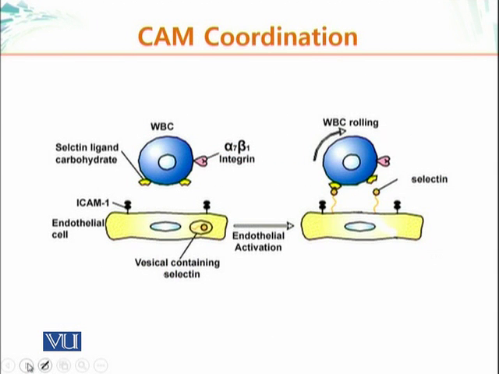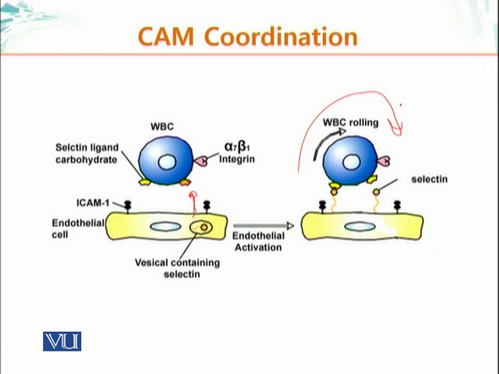Let me show you with the help of a diagram how the system works. As we have said, initially when there is an infection or wounding, the endothelial cells first start putting a specific selectin on their surface. Selectins, remember, mediate weak interactions. These selectins bind a specific carbohydrate on the surface of the white blood cell, and now they are going to slow the white blood cell. The white blood cell is moving in the bloodstream, and it is going to start rolling rather than